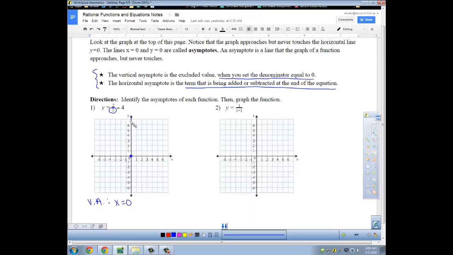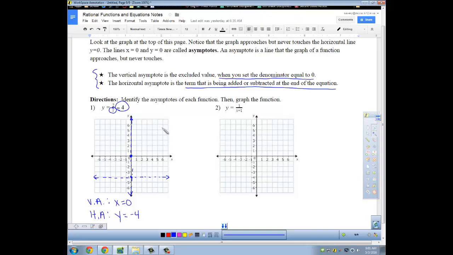That's vertical, so I need my dotted line to be vertical, going up and down. My graph won't be able to cross this line. My horizontal asymptote is the number that's being added or subtracted on the outside, so that's negative 4, so y equals negative 4. Find y equals negative 4 right here. Since that's horizontal, it goes left and right. Okay, so I have my vertical asymptote and my horizontal asymptote, and my graph will not be able to cross those